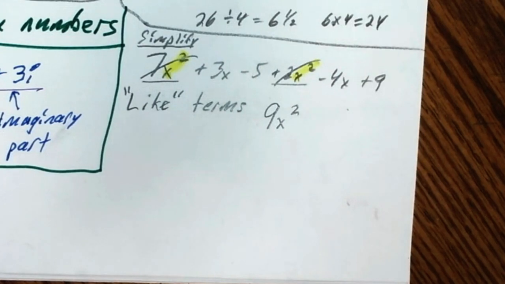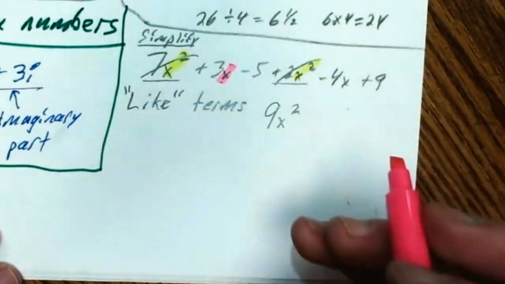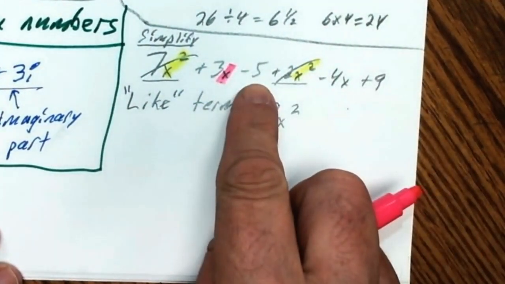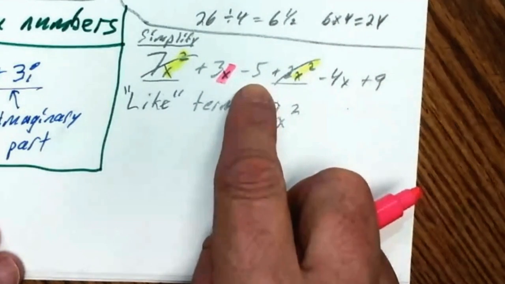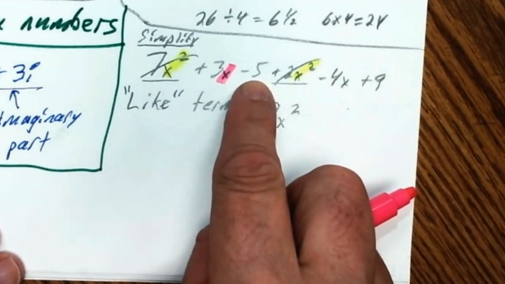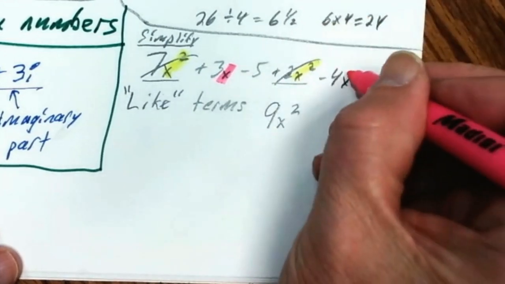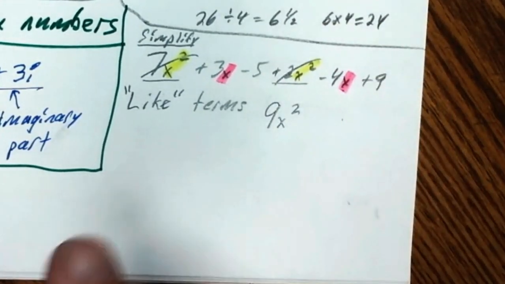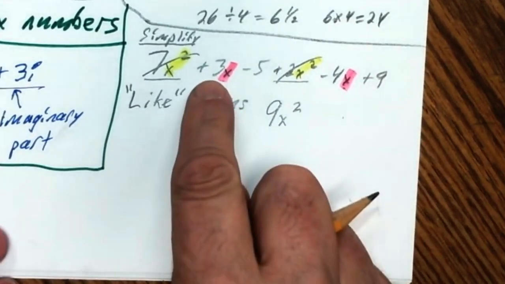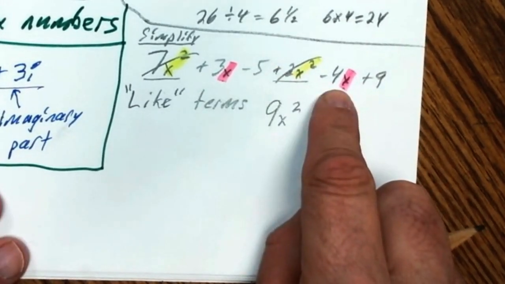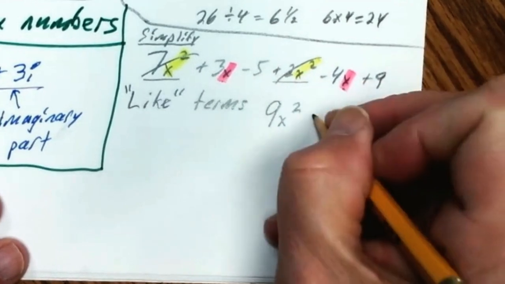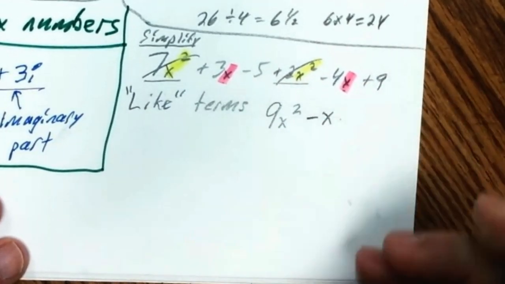Now what are we looking at? Well, if we look at the next ones, we got 3x right there. Now, this guy, he does not deal in x's. He has nothing. He doesn't even know what an x is. He's just a number. This guy's already gone. This one has an x, and this one doesn't know what that is. So we have a 3x minus a 4x. So 3 minus 4, just minus an x,